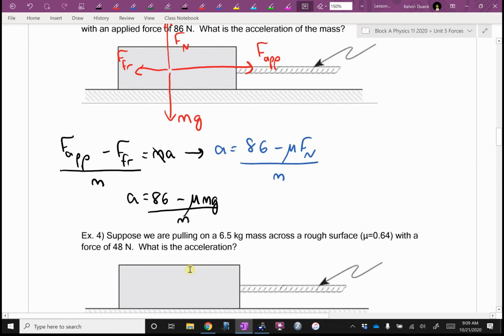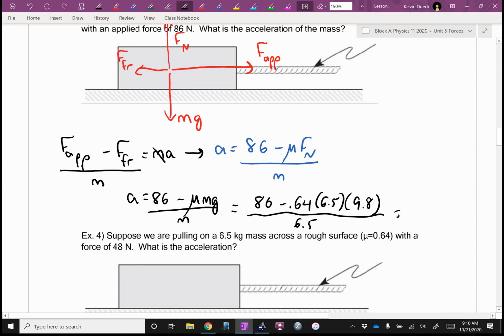See the lengthy chain of reasoning that we've done? I'll pause though. Hopefully I haven't done anything new with you yet. We've just been going systematically, a good free body diagram and Newton's laws. Do I know mu? Do I know m? Do I know g? Hey, we've got everything, plug and chug. So it's going to be 86 minus 0.64 times the mass, I'm still using the same old mass, times 9.8 divided by